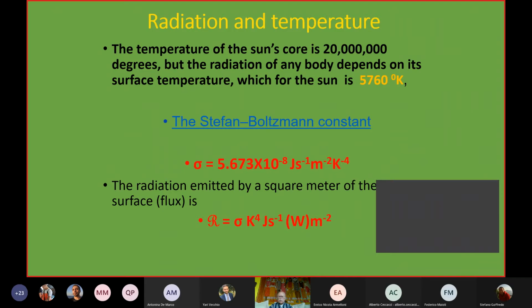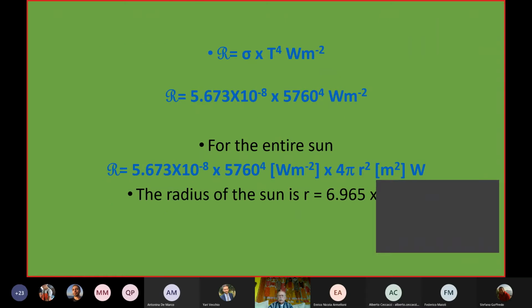It means that a very small change in the temperature of a body's surface, that includes our own surface as a radiating body, any small change in the temperature results in a very large change in the radiation emitted from the body. And here you can see how we calculate the amount per 1 meter of the solar surface at the top. And then, of course, we have to multiply it by the size of the sun.